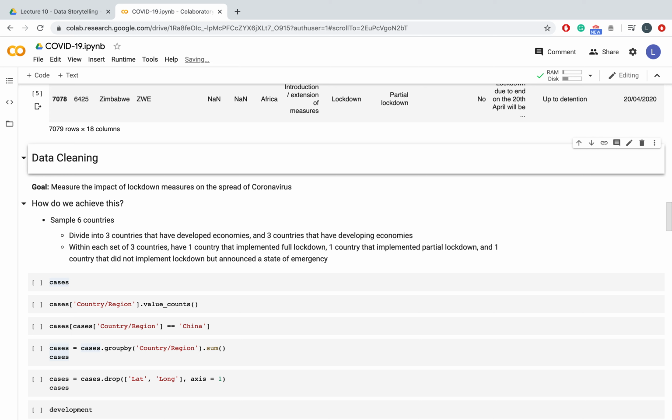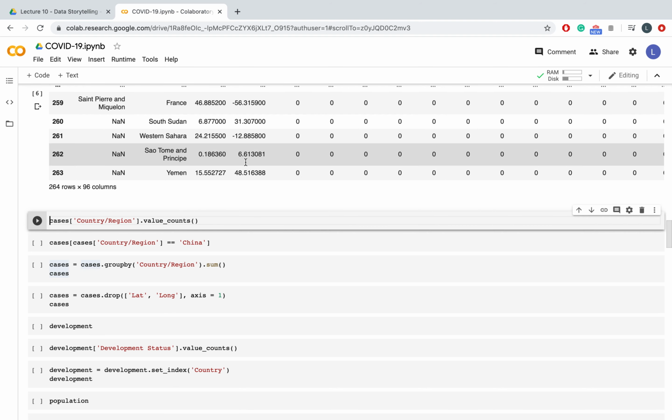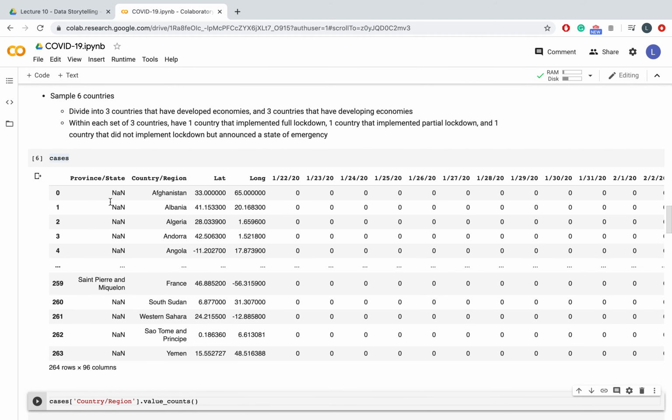Within each set of the 3 countries, we're going to have 1 country that implemented full lockdown, 1 country that implemented partial lockdown, as well as 1 country that did not have any lockdown measures, but did announce a state of emergency. We'll first be cleaning the cases dataset,